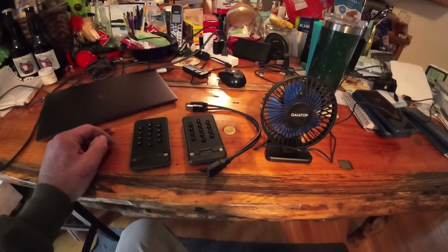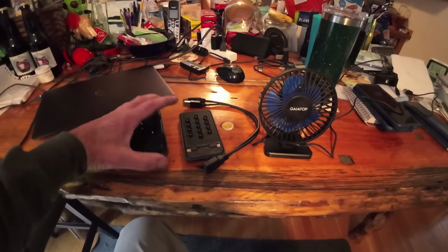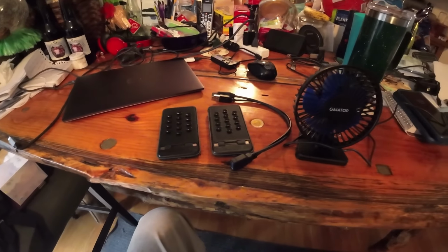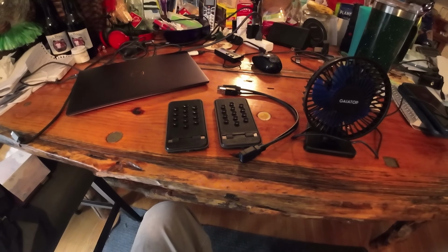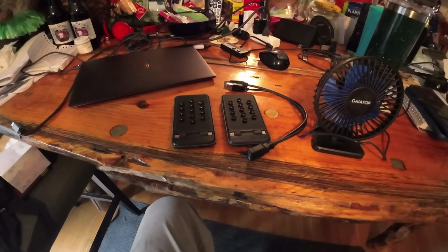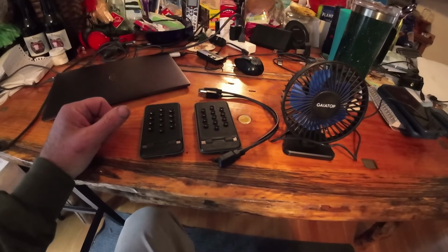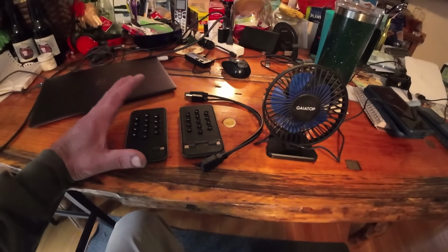What I'm interested to test out today is these are two identical little battery banks. They have 5,000 milliamp and 18.5 watt hours according to their specs. So basically they should be 5 amp hour individual battery banks. Now I want to test this with this USB fan, run one of these, see how long it takes to